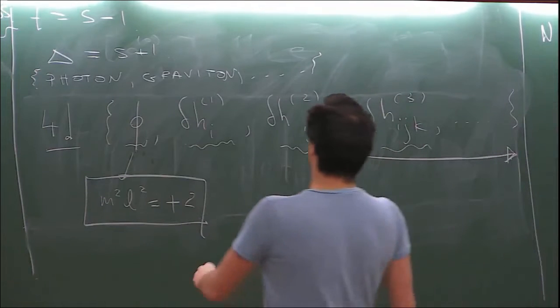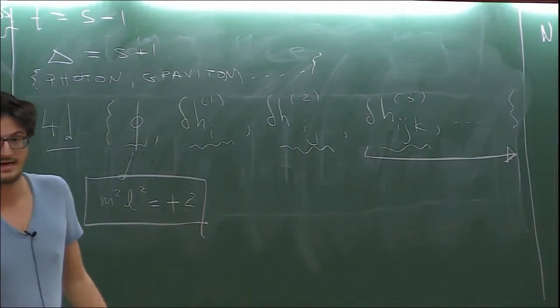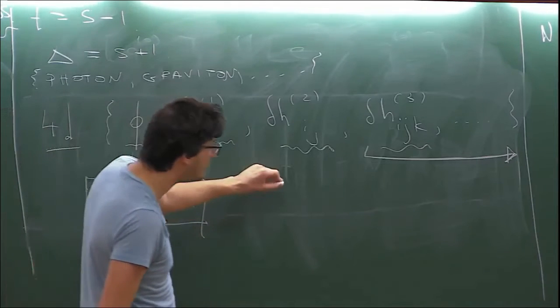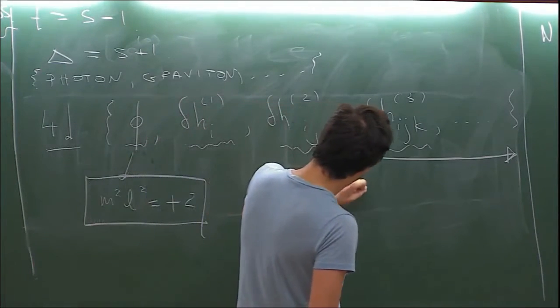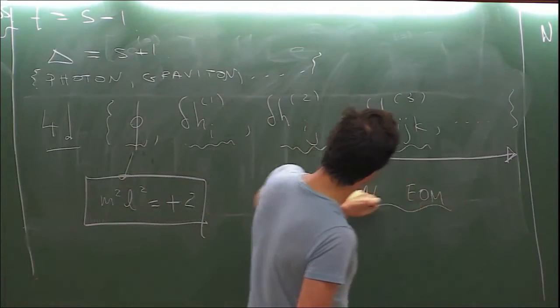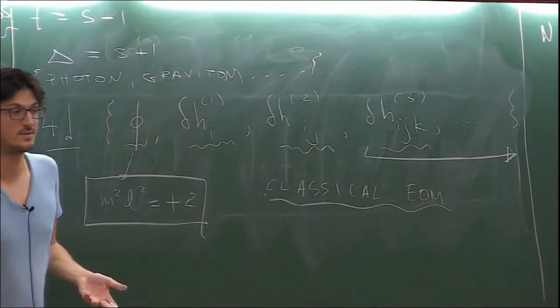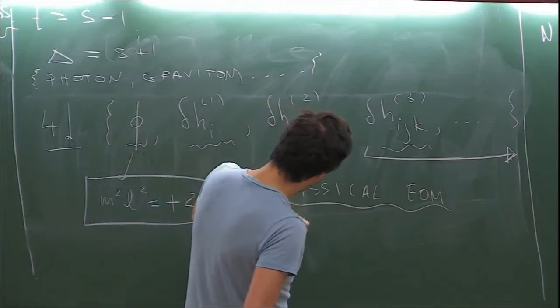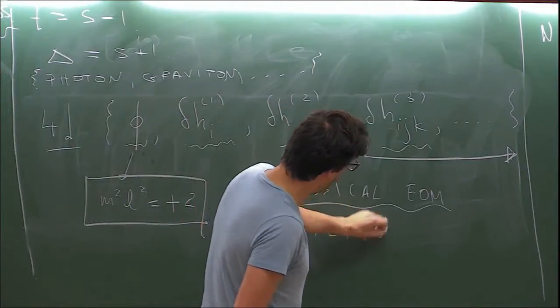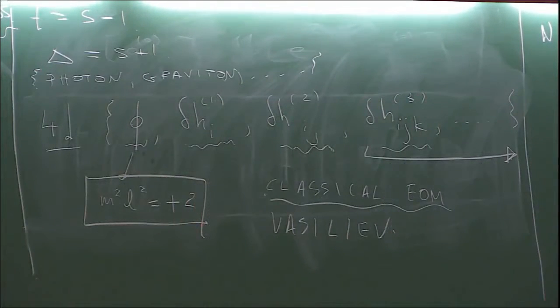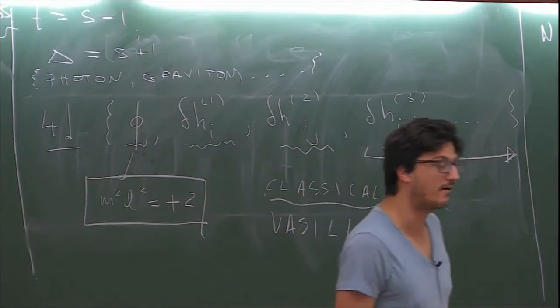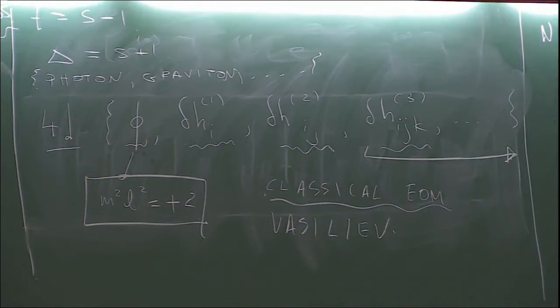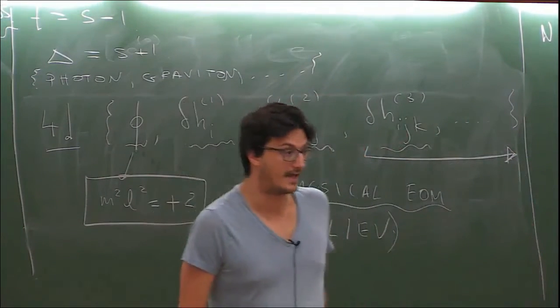So the good news is that theories with this spectrum have been studied, and the classical equations of motion of these theories, so something analogous to the Einstein equation, if we just did a spin 2 particle, were written down in work by Vasiliev. Okay, he wrote down an equation that was nonlinear in these fields, that was invariant under all of the gauge symmetries, the nonlinearization of the abelianized gauge symmetries, and it's a very rich and interacting classical system of